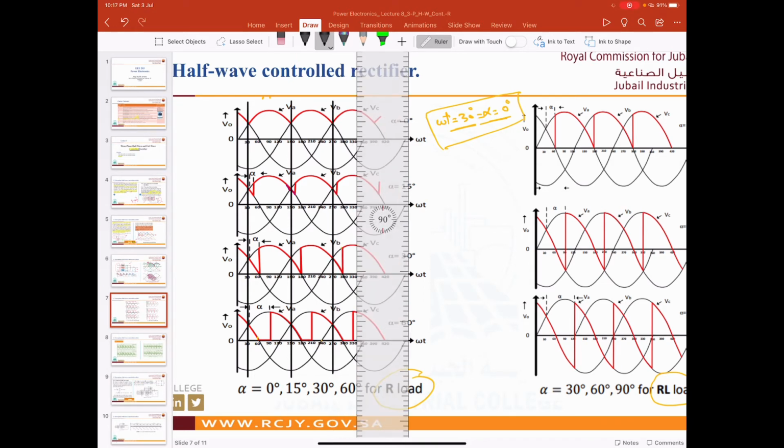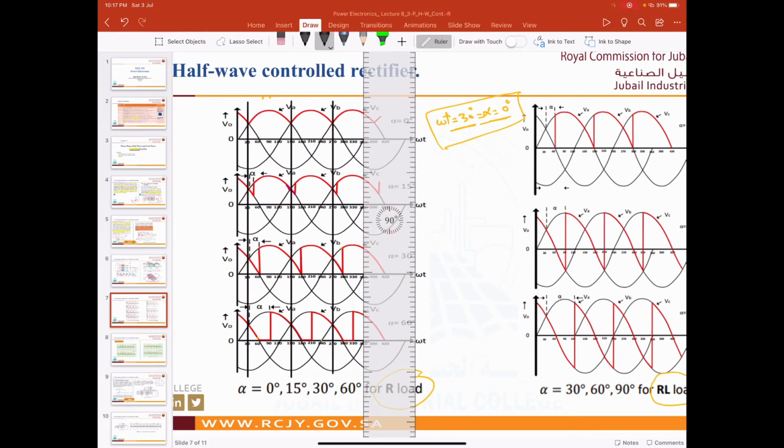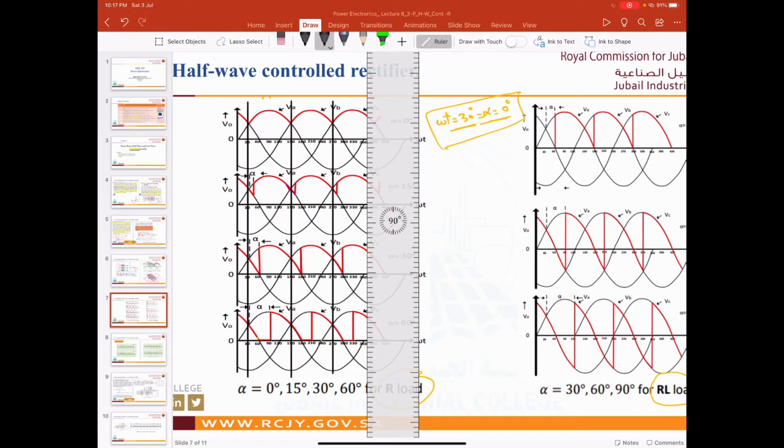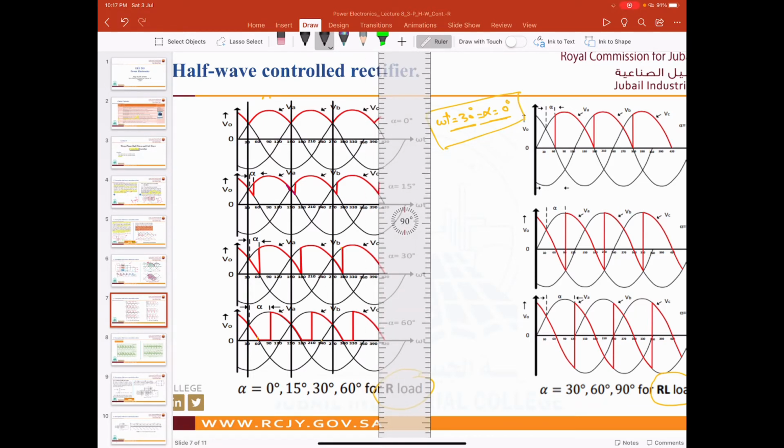And also we can add 270 plus 120, which is 390, or we can say, because we should stop at 360, plus 30 at the beginning. So this is the waveform. Okay, now